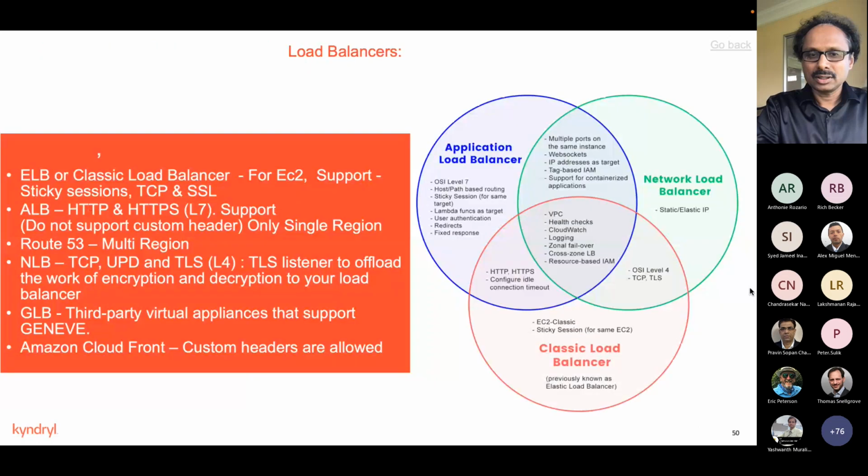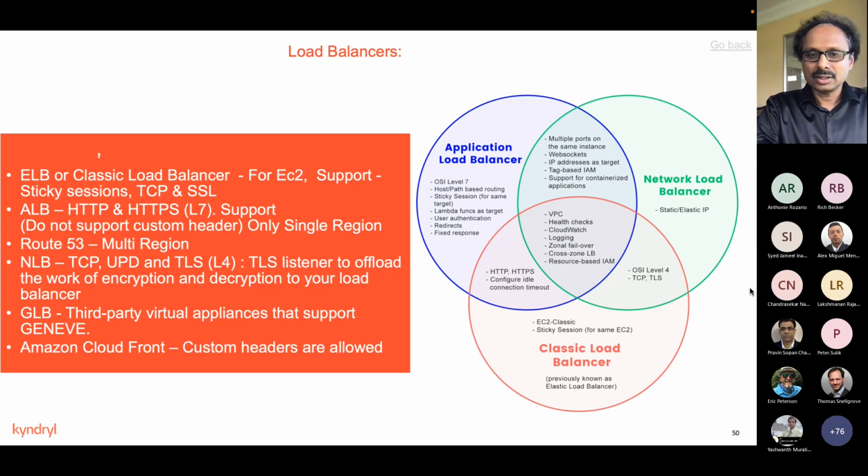The other category of services we as solution architects need to be careful about is what kind of load balancers we need to propose to our customer. If the customer is using multi-region and needs active load balancing, then Route 53 is an option. But if they have only one region and only a couple of availability zones within that region, then maybe ALB may be an option.